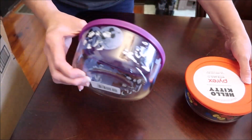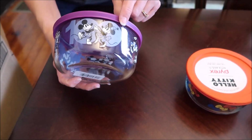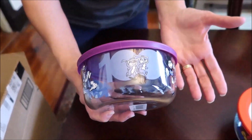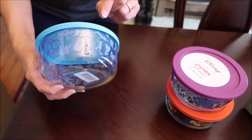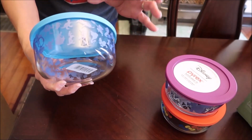And then I got her this Mickey and Minnie Disney. This is the 100-year celebration. So I wanted to make sure I got that because it commemorates 100 years. And then this one is also 100 Years of Wonder. And I love this one because it's the characters, and kids would have so much fun with this because you